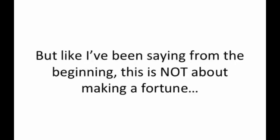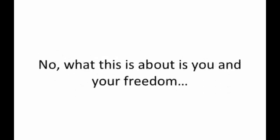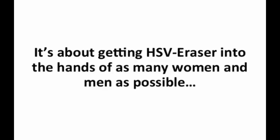But like I've been saying from the beginning, this is not about making a fortune. We're going to leave that to the greedy, soulless, and heartless pharmaceuticals out there, and we'll let them live with their conscience. No, what this is about is you and your freedom. It's about getting HSV Eraser into the hands of as many women and men as possible so that they and you